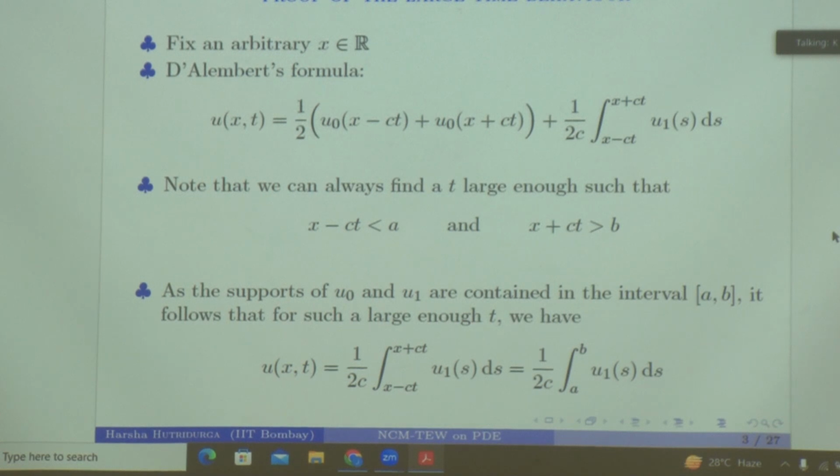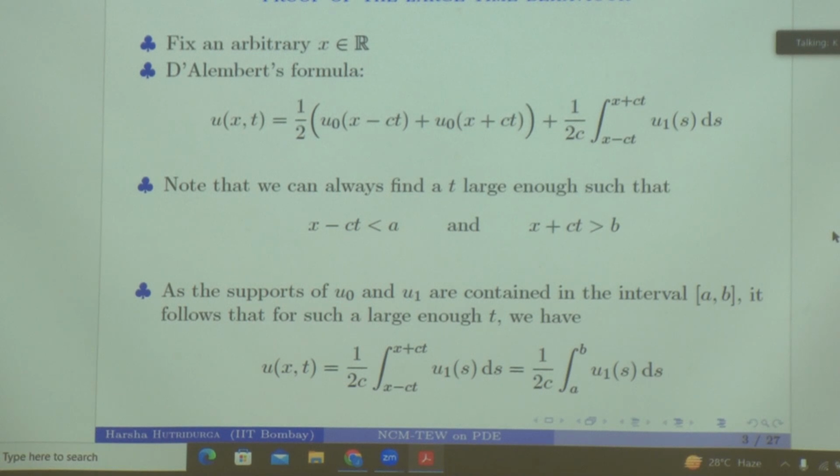And you see, for any point x, you can find a t large enough such that this happens. And for any t larger than that t, the same constant keeps happening. Nothing changes, because if you have found a t which did the job for you, any time larger than this little t will keep doing the same job for you. So if you are standing at a point x, your solution to the wave equation will become constant eventually. So that's the whole point of this theorem. I hope this is clear.